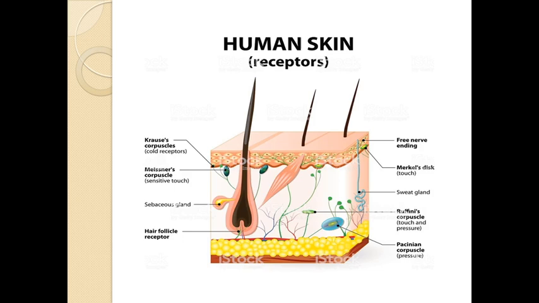Therefore, they are found in the deeper layers of the skin, because the pressure should be able to penetrate the skin in order to be detected as a pressure by the Pacinian corpuscles. Then we can also see Ruffini bodies and Krause end bulbs as well. Then also we can see the structure of a sweat gland, a sebaceous gland, a hair follicle, and the hairs that are projected above the skin surface as well. So that is the basic structure of a human skin.